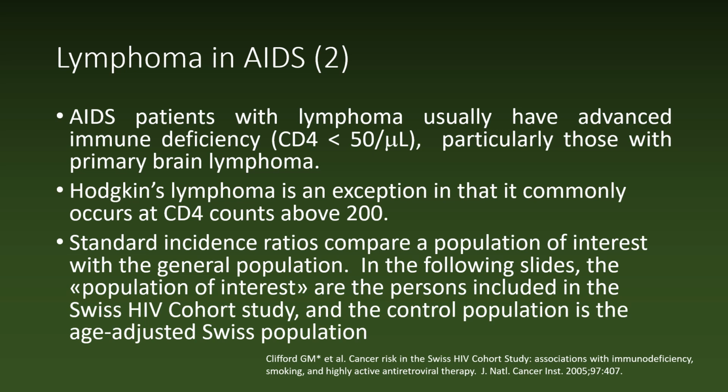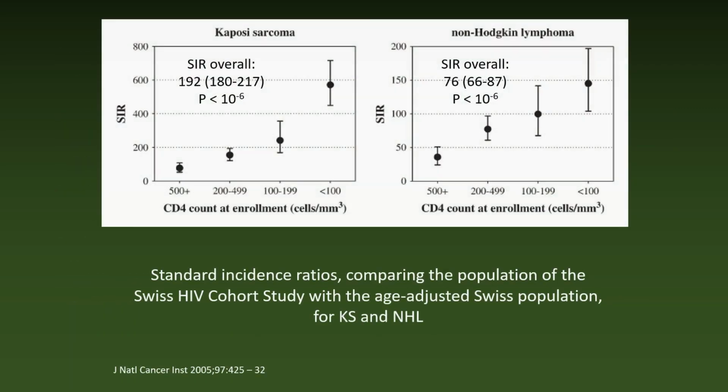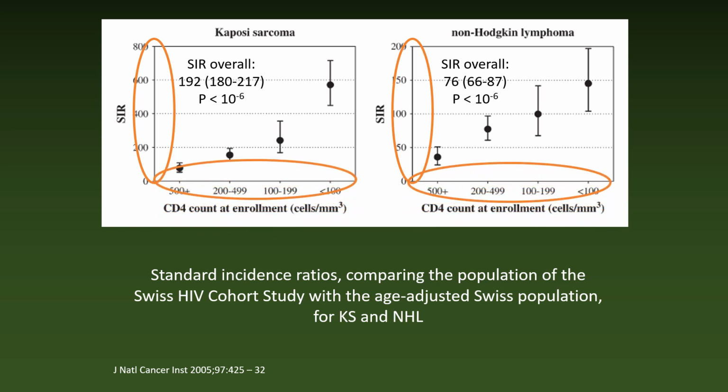Standardized incidence ratios compare a population of interest with the general population. In the following slides, the population of interest are the persons included in the Swiss HIV Cohort Study, and the control population is the age-adjusted Swiss population. In these and the following graphs, the y-axis shows the standardized incidence ratio, SIR, and the x-axis categories of CD4